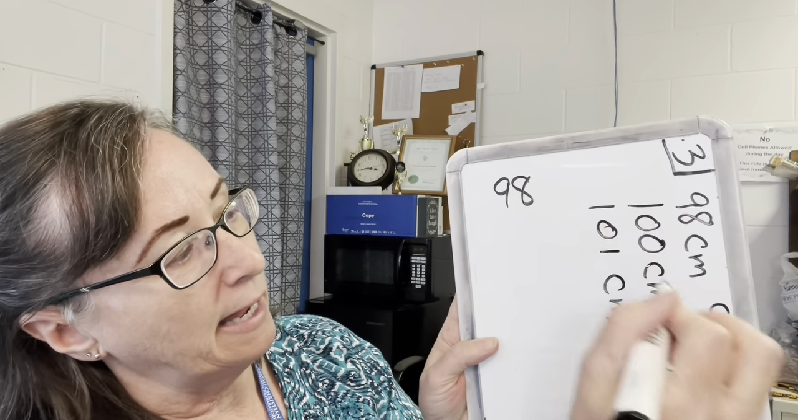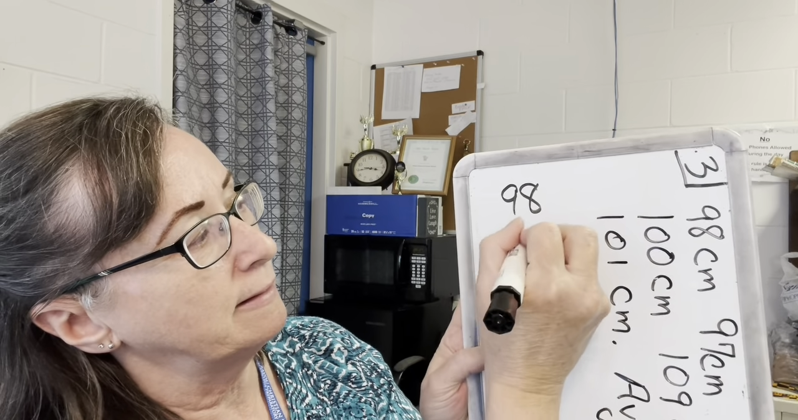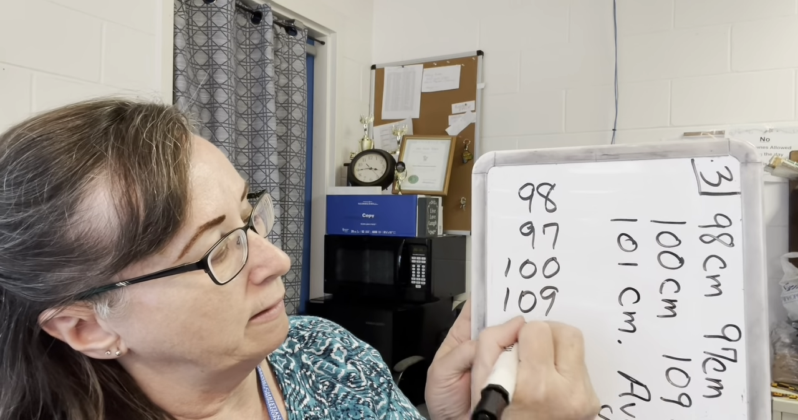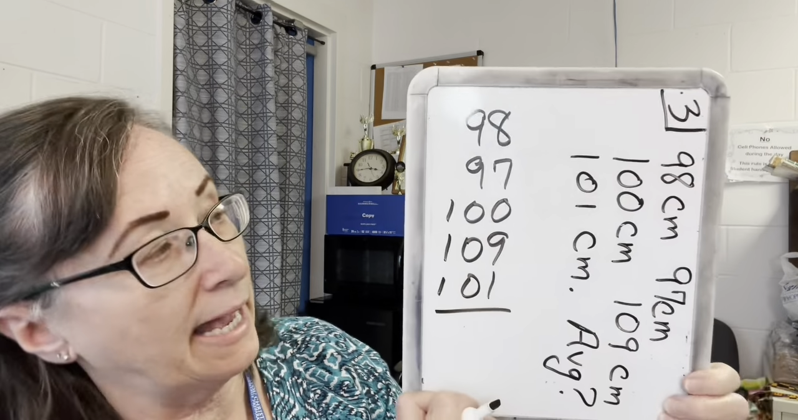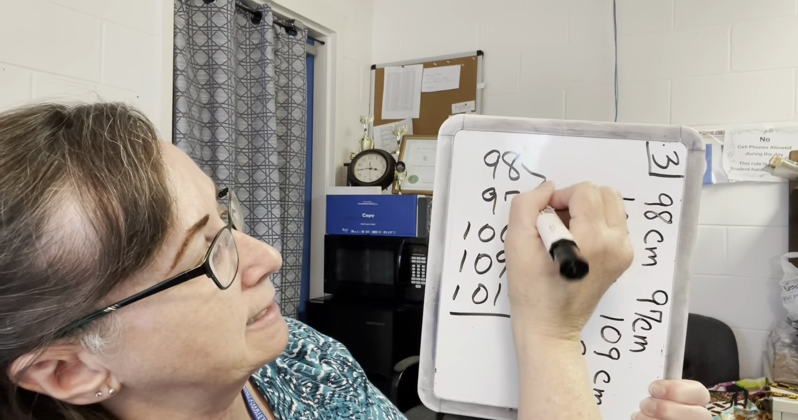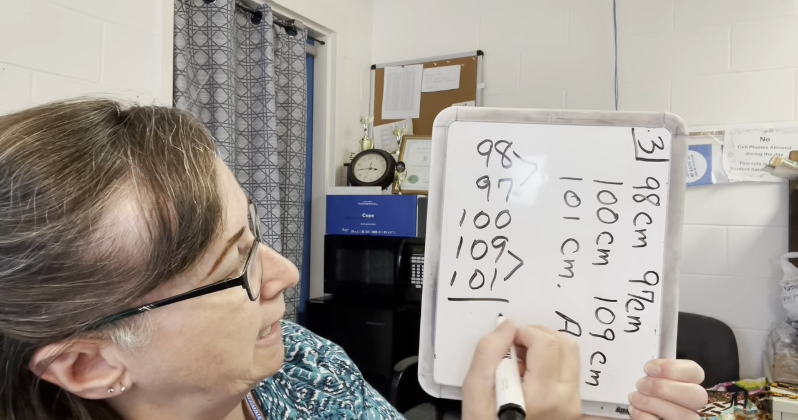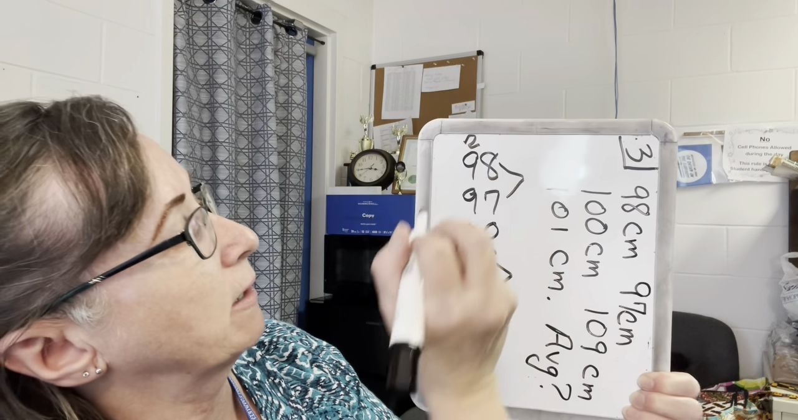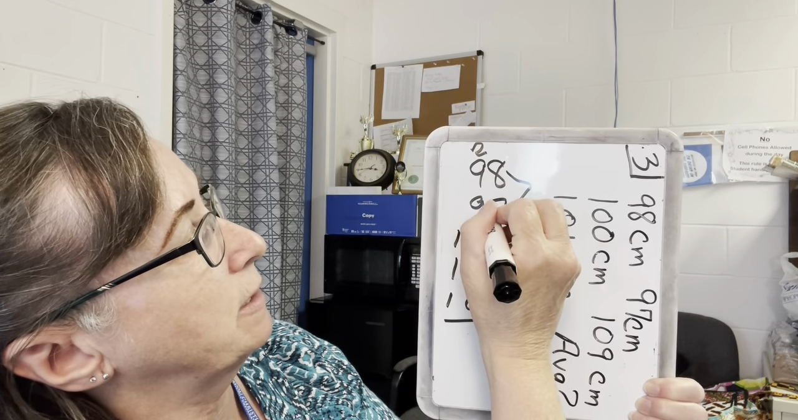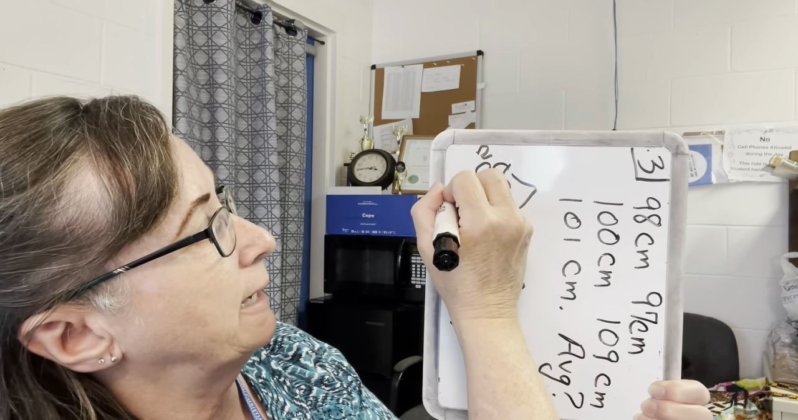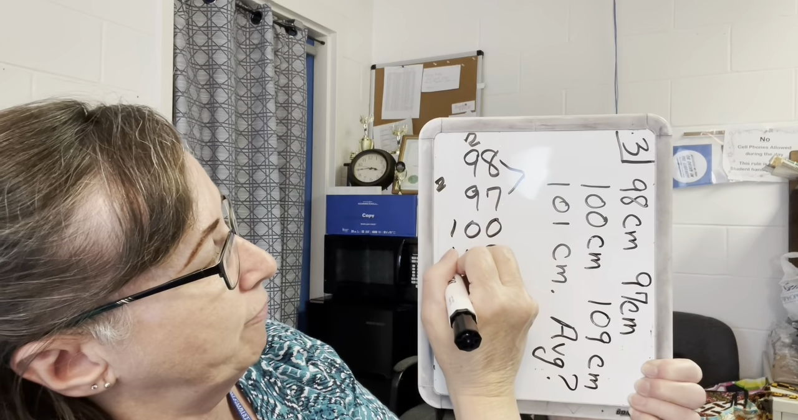98 and 97, 100, 109, 101. Okay, so let's add all these up. I have a 9 and a 1, which makes a 10, an 8 and a 7, which makes a 15, plus 10 is 25. So I'm going to put down the 5 and carry my 2 up there. Okay, so 0, 0, 0, 9 and 9 is 18, plus 2 is 20. I'll put down my 0 and carry my 2. 2, 3, 4, 5,